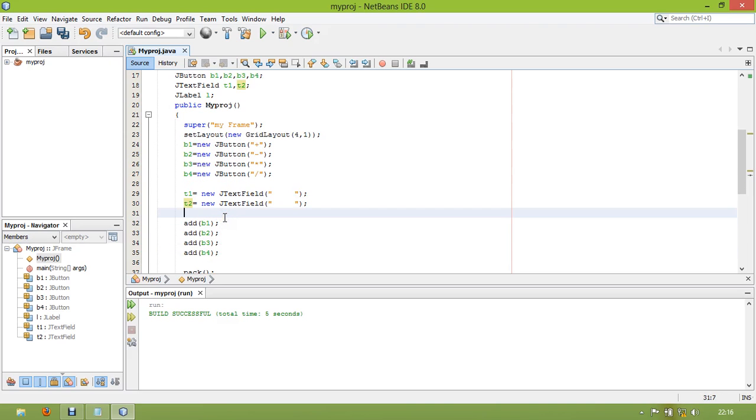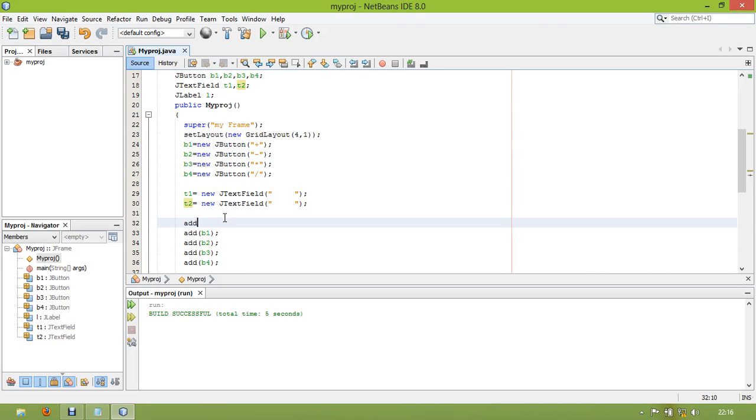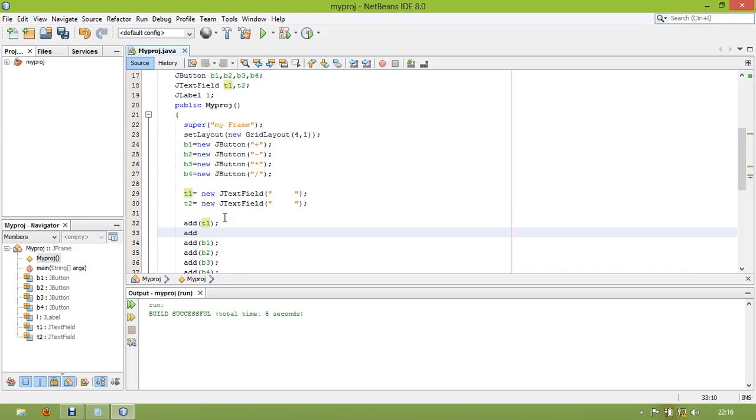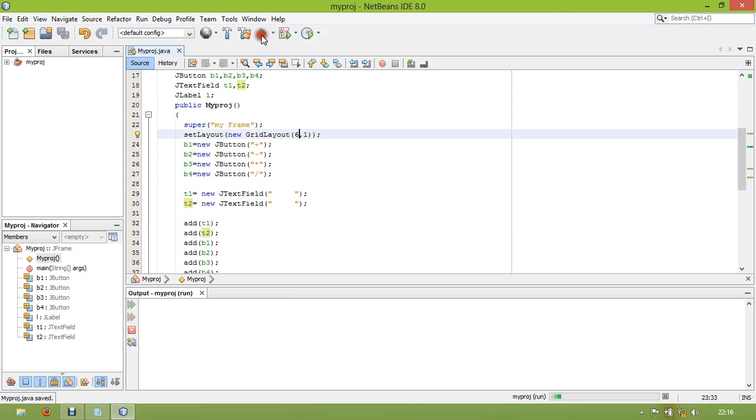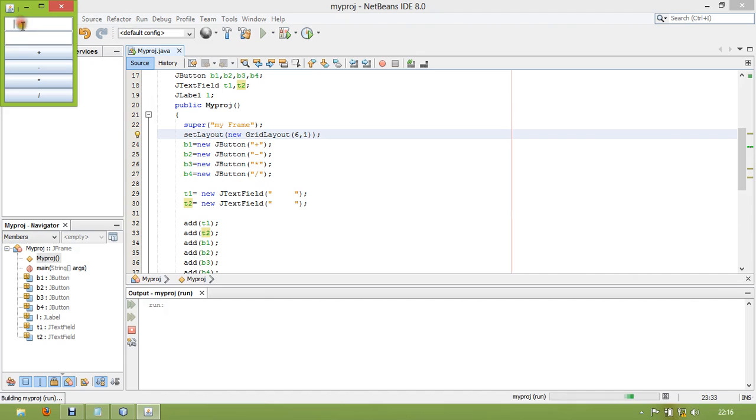Again we will add components, that is T1, add T2. As you can see here, I have added 2 more controls on the top of the buttons, so I need to make changes in the layout. That will be 6 by 1. So first 2 text boxes and then 4 buttons. Yes, it's like that. First 2 text boxes, then 4 buttons, and at the last I need a label to